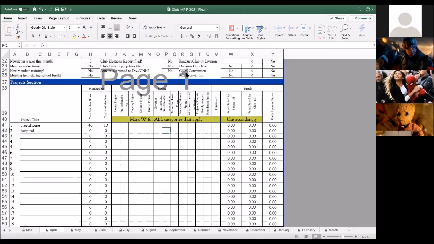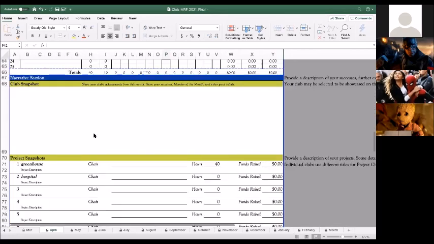What if it's an outside hours project? Who's the chair? So if it's at a hospital or any other organization, you would have to ask the member for the name of the coordinator. Like, sometimes I personally volunteer at the Springs Preserve. So if I were to give a name to my secretary, I would give the name of my volunteer coordinator to the secretary.